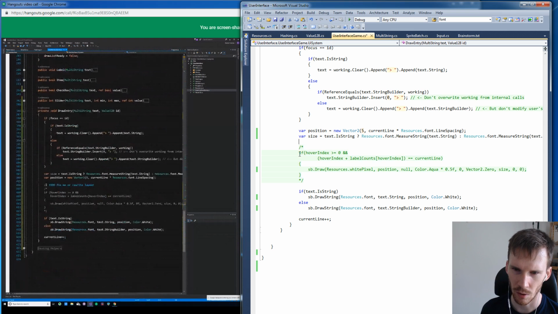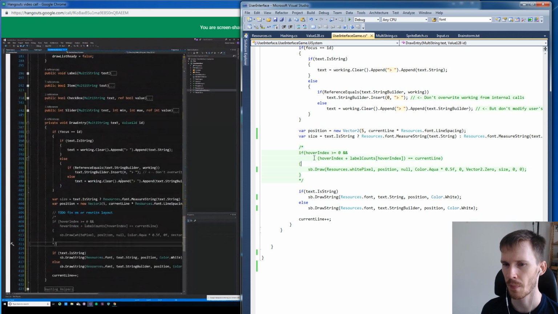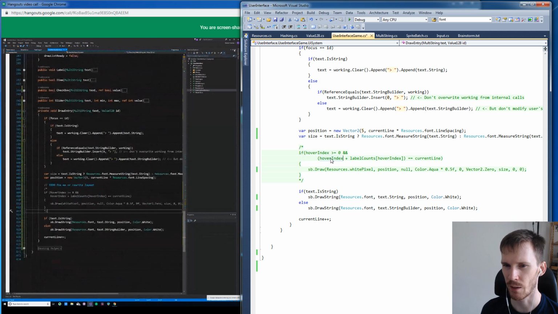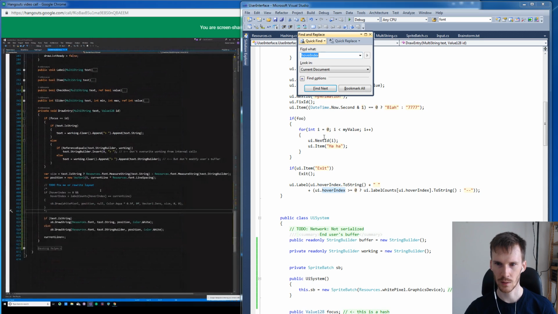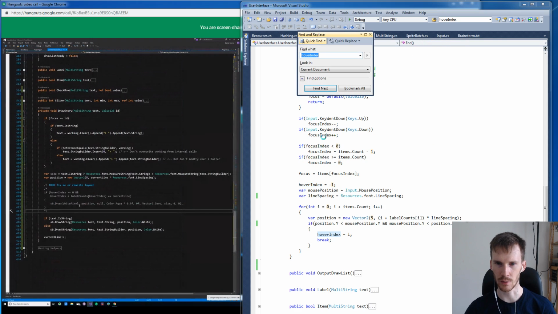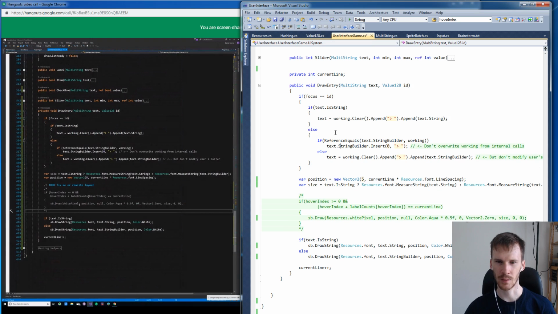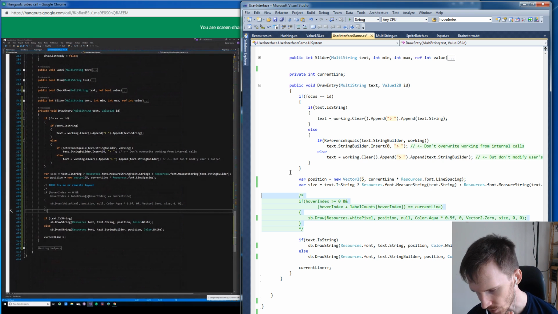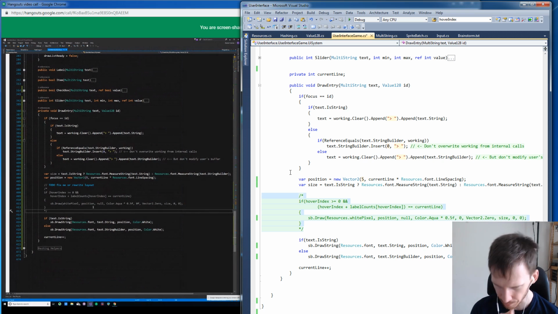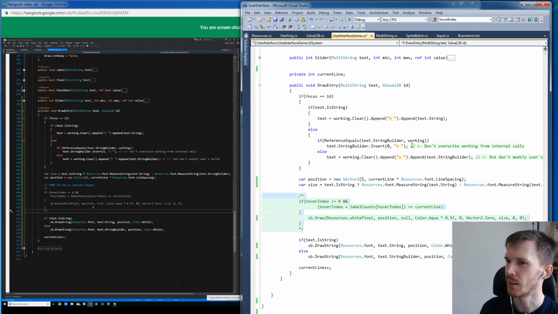In draw entry, we were just finding out what the hover index was, and I think we completely got rid of hover index. No, we're still calculating the hover index, and so we just need to figure out how to draw it. But what I want to do is, now that we have the layout as we're updating items, we should be able to